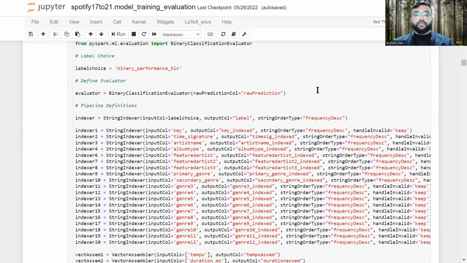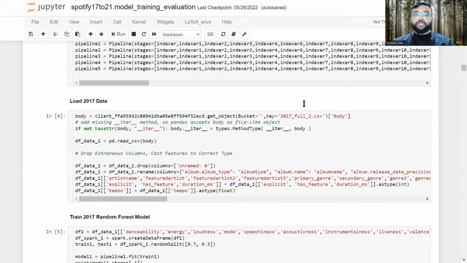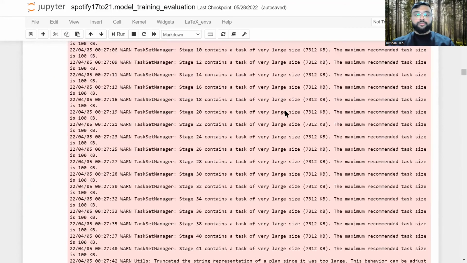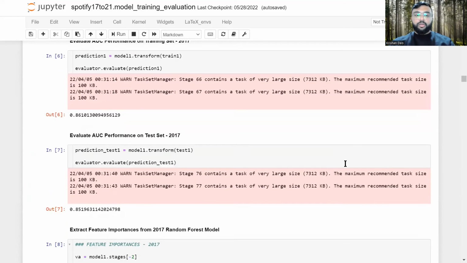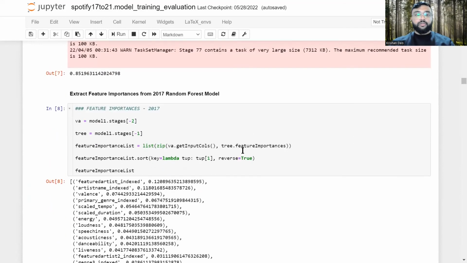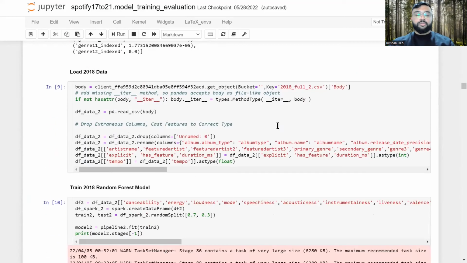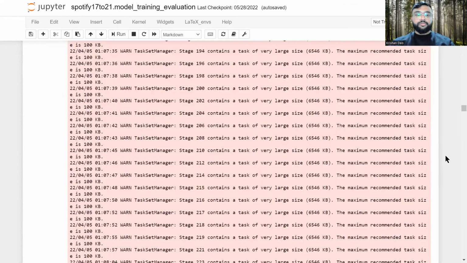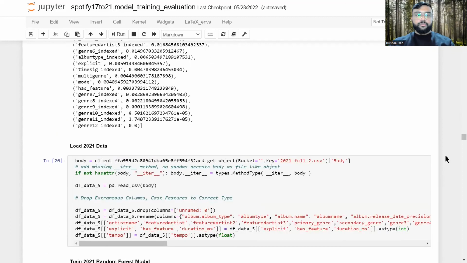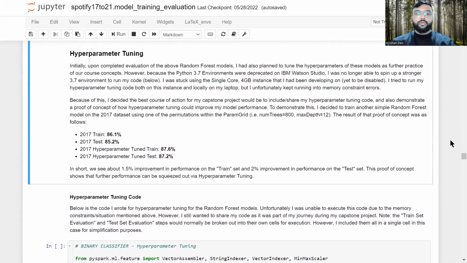Here we can see the definition, loading the data set, training the model, evaluating on the training set, evaluating on the test set, and finally extracting the feature importances. And the same for 2018, 2019, 20, 2021. Here we can see the hyperparameter tuning step as mentioned, and the performance increased from 86% to